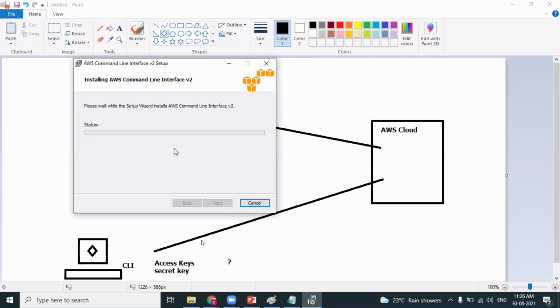If you want to experience the AWS command line interface from your personal laptop, you also need to install this particular AWS CLI tool.